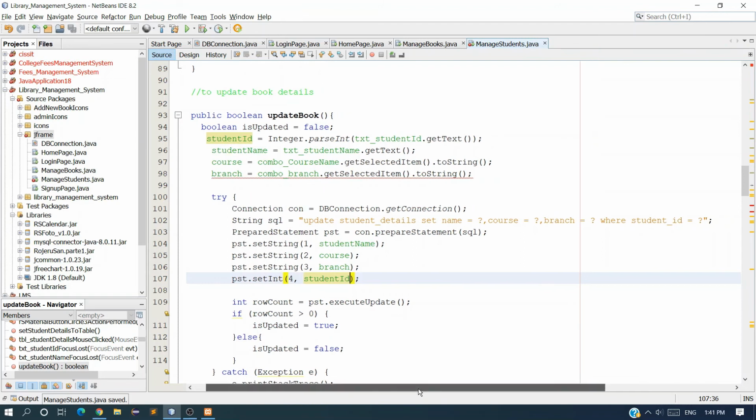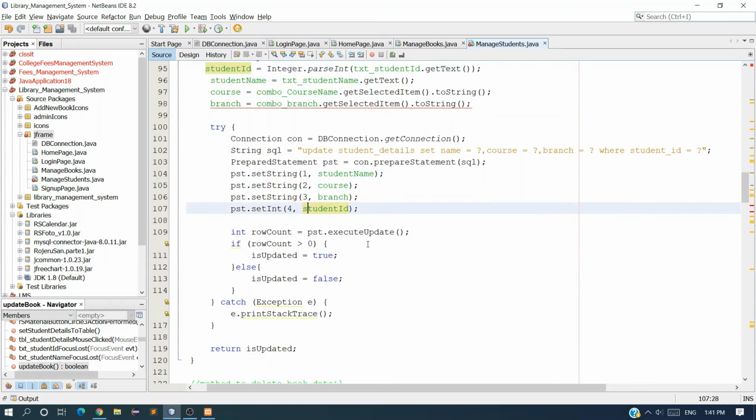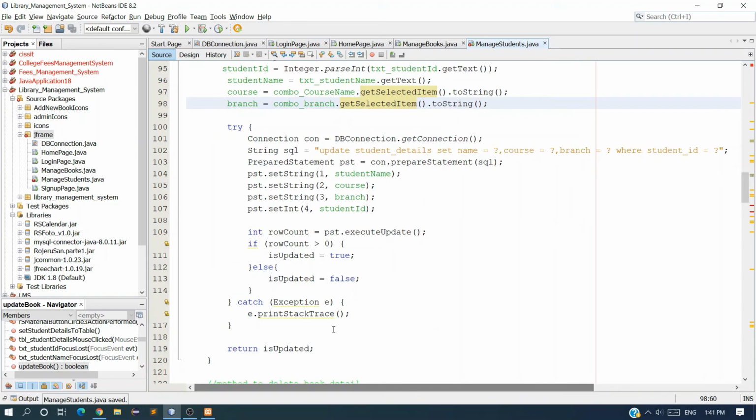You have to set the values in the same order which we have specified here. First name, so first should be name, and the fourth one should be student id. Execute update, updated. But let me just check why I am getting this error. Okay, the error is gone, I don't know why.